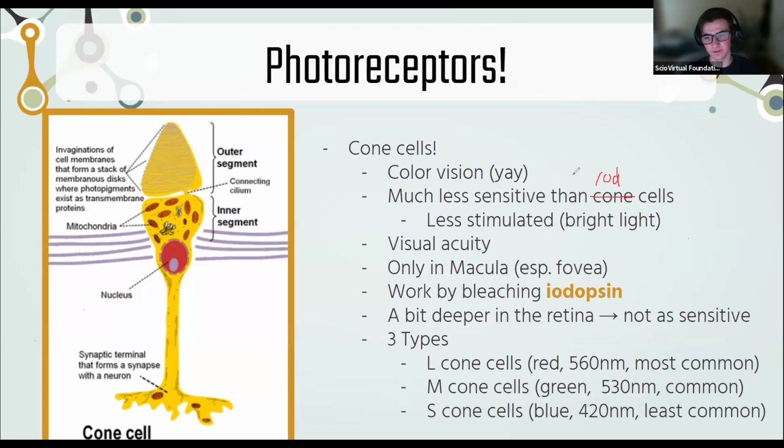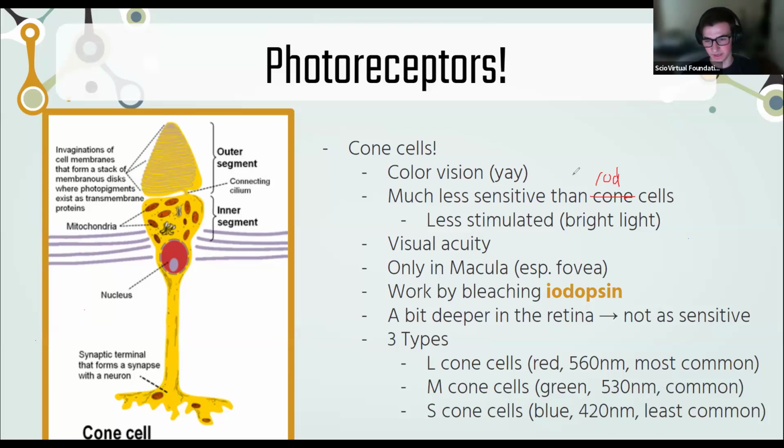And so they're less stimulated, and they only work well in bright light, when you're just during the day. The cone cells are what's responsible for most of your visual acuity by very far. They are the ones that produce a clear colored image. And they are found mostly in the fovea and the macula, as we've said before. Instead of rhodopsin, they have a pigment called iodopsin,